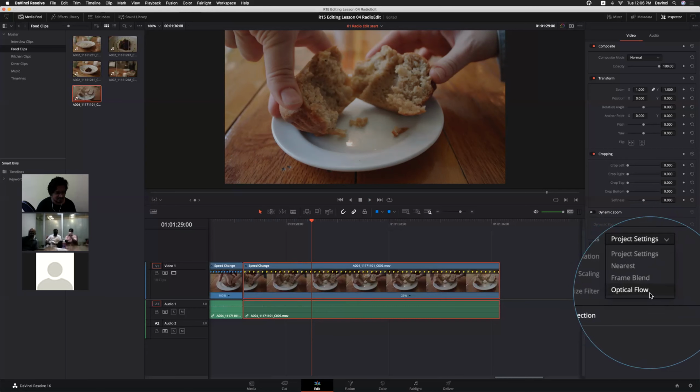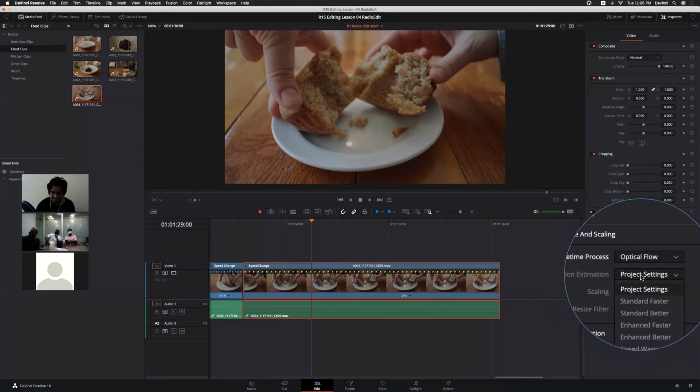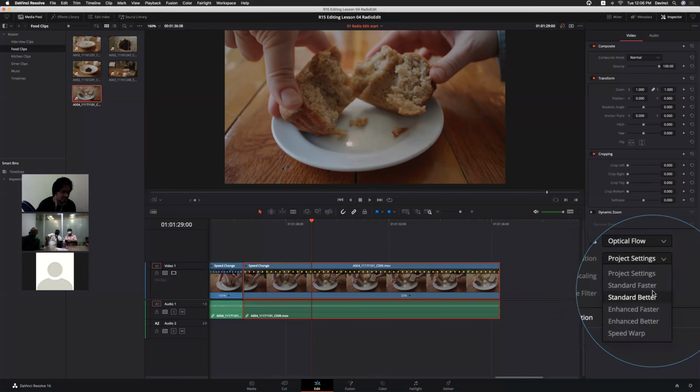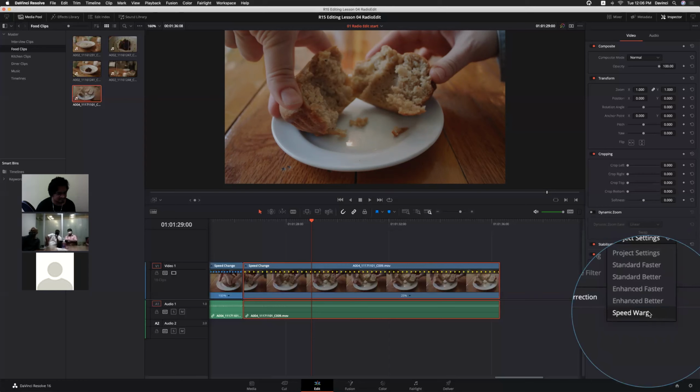Based on your clip and the frame rate, it will take some time to analyze the clip. It's like an advanced option. It will try to create new frames instead of creating duplicate ones. So here I am selecting optical flow, and under motion estimation, if you want a better result, always select speed warp.